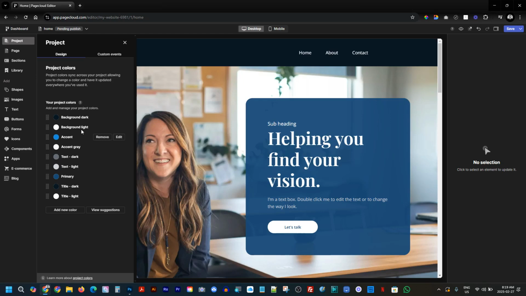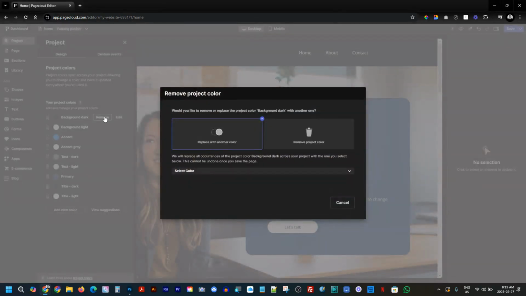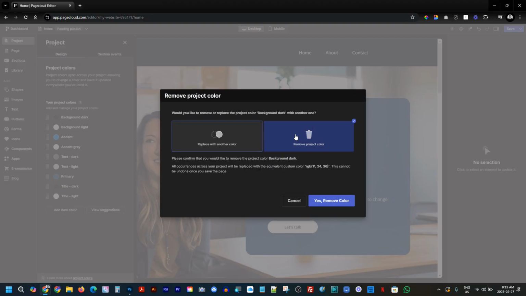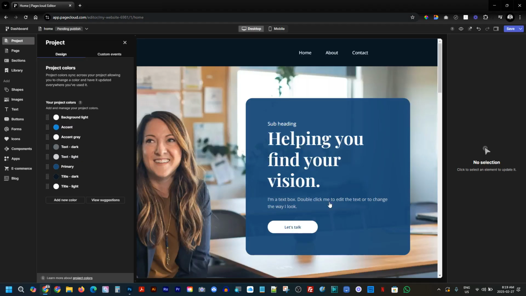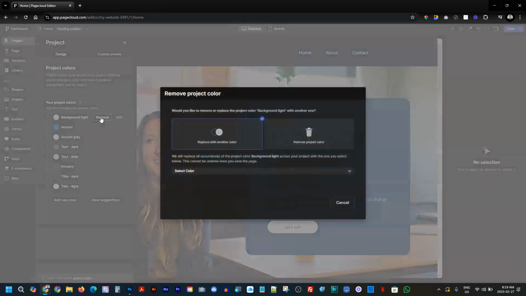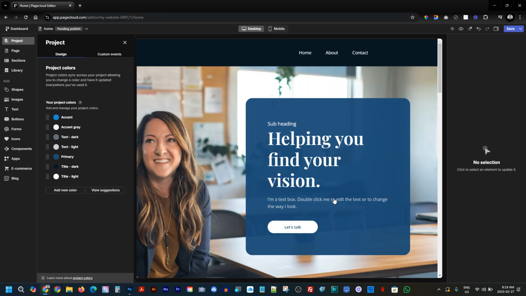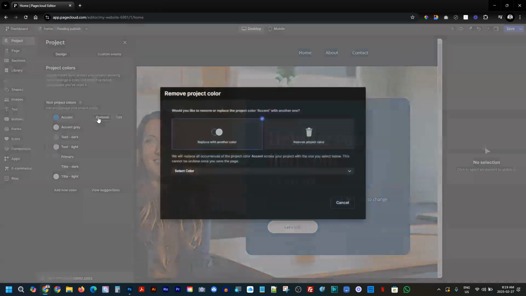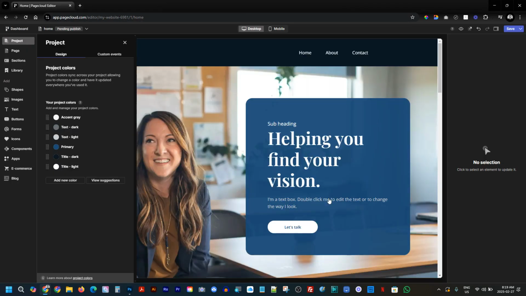To do that, we'll hover over the color we want to remove and click Remove. Then select Remove Project Color and confirm that by clicking Yes, Remove Color. Let's do that with the rest of the colors, keeping only the primary color. Okay, similar to the color palette I'm using for this website, your color palette should include one primary color and